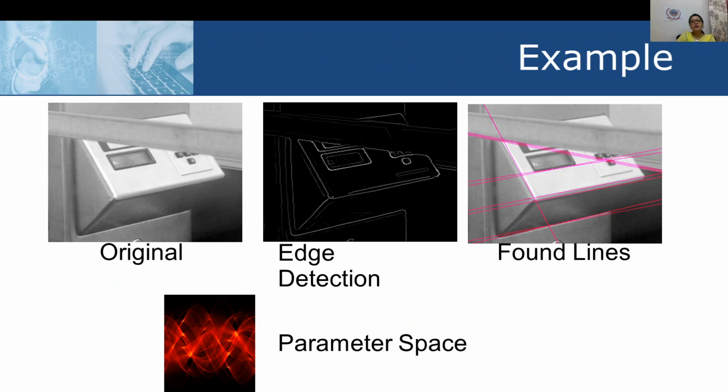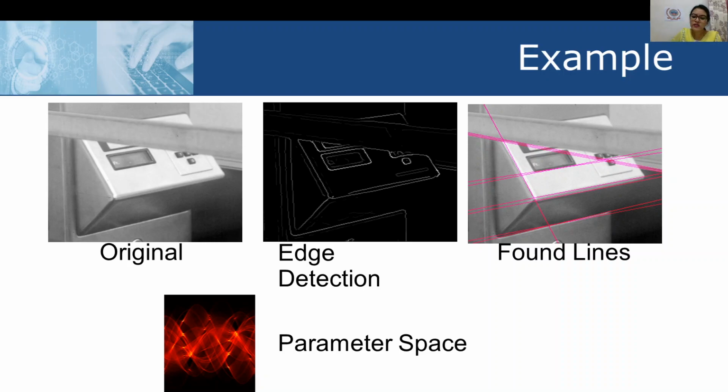So this is, let us say, the original image. If we try to apply edge detection, we may not get properly linked edges. In that case, we can apply the Hough transform and get the location of this particular line. If you see, it has printed the line, and in the parameter space the local maxima are nothing but these bright points, where you have got the maximum votes. Fine. So this is how it works.